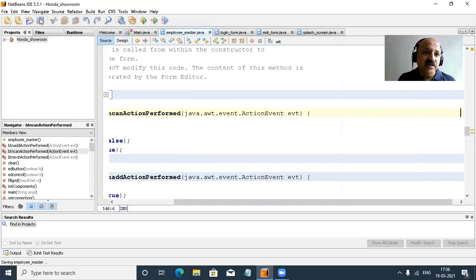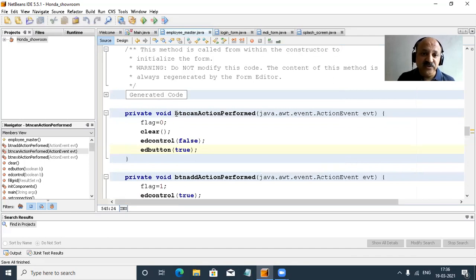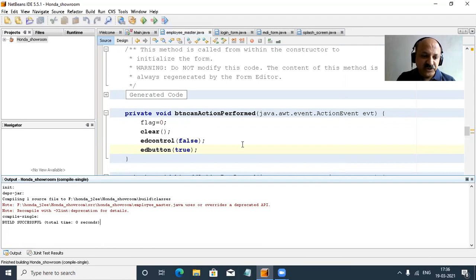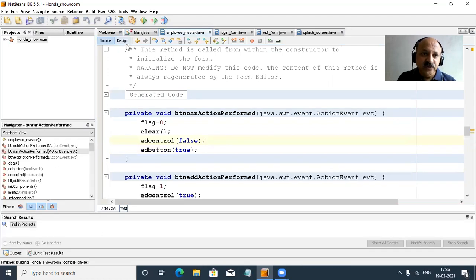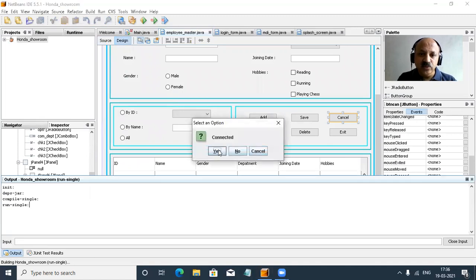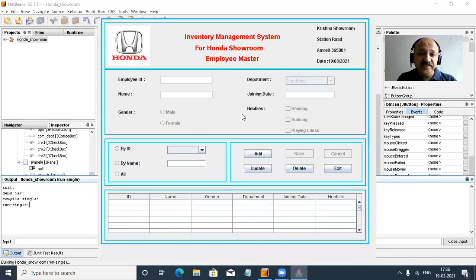So let us check. That is the third button we have to apply in this session. First we can say exit, and add auto generate employee ID, and that cancel. And next we apply the save button coding, and then I complete my session of this video lecture. So let us check, Shift F6 and let us apply. So connect. Yes, that is only testing. After that, we comment the line of this show message box.